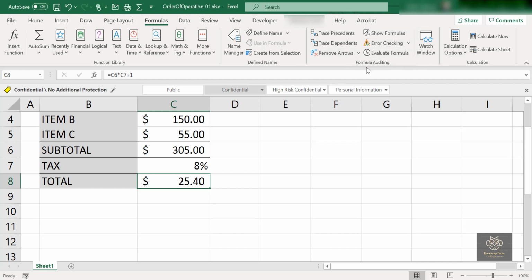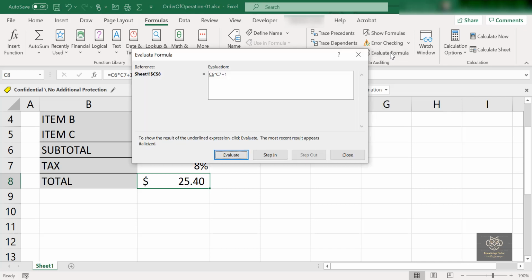We are going to talk about a lot of these, and one or two in another section coming in this course, but I'm going to introduce you to one of them here called Evaluate Formula. So I have cell C8 selected, a formula cell. I'm going to go to Evaluate Formula, and this is going to allow us to evaluate this formula, which is C6 times C7 plus 1. It's going to allow us to evaluate a piece at a time and figure out what's going on.